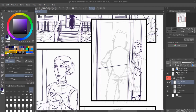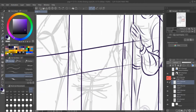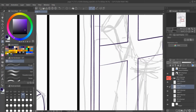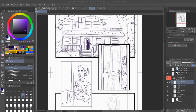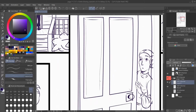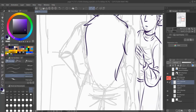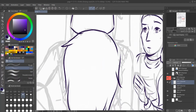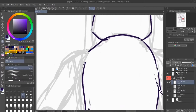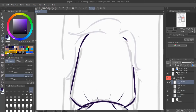And I could have solved my problem very, very quickly within like 10 minutes of just Googling woman hand on hip. And that's what I did at the very end. And unfortunately, I don't think I got the recording of me drawing, finishing out her pose, but I did just end up cropping her. The end crop of that panel is more zoomed in than the sketch, because I was just like, oh my god, I am so done with this, because by the time I was done struggling with her hand, after I came to my senses and looked up a reference photo, I had to move on to her other arm,